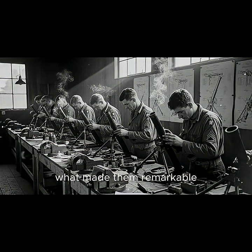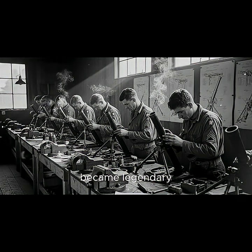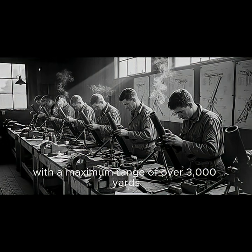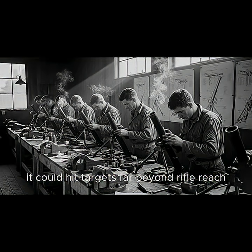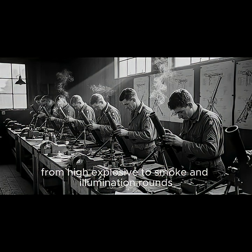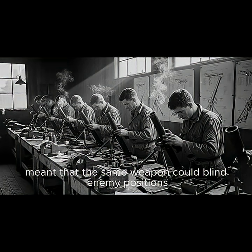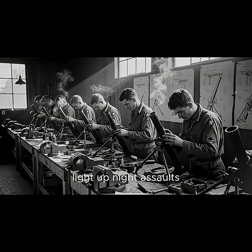What made them remarkable was how quickly they could be deployed and how accurate they were in the hands of trained crews. The 80mm mortar, in particular, became legendary. With a maximum range of over 3,000 yards, it could hit targets far beyond rifle reach. American manufacturers ensured a steady supply of shells, from high explosive to smoke and illumination rounds. This flexibility meant that the same weapon could blind enemy positions, light up night assaults, or